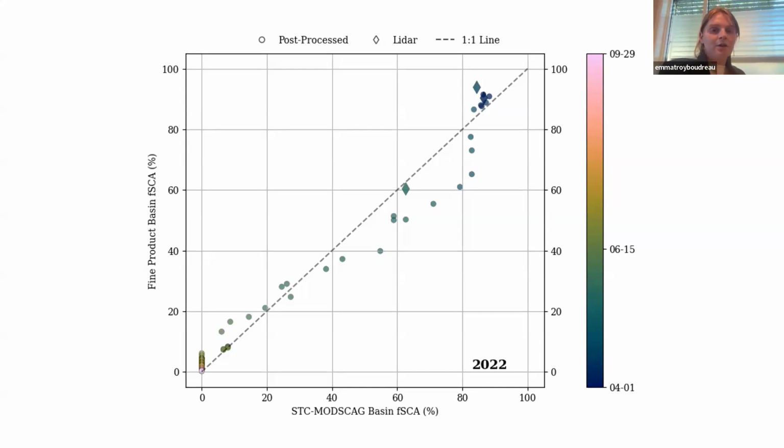And so in general, they match the 1-to-1 line fairly well. Within the 40 to 80 range, it deviates a little bit, and MODSCAG is identifying a bit more snow,